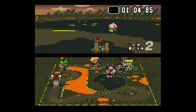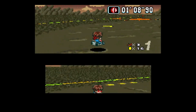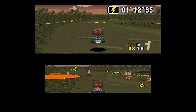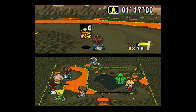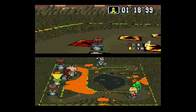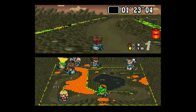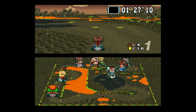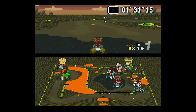Now, as far as issues go, you're not really seeing much right now. Some of these tracks can be a little annoying, but they're fresh and they're fun. You can get kind of distracted on some of these courses as far as where to go, because the layout has an easy route that looks like the way to go, and it turns out that you just get stuck,